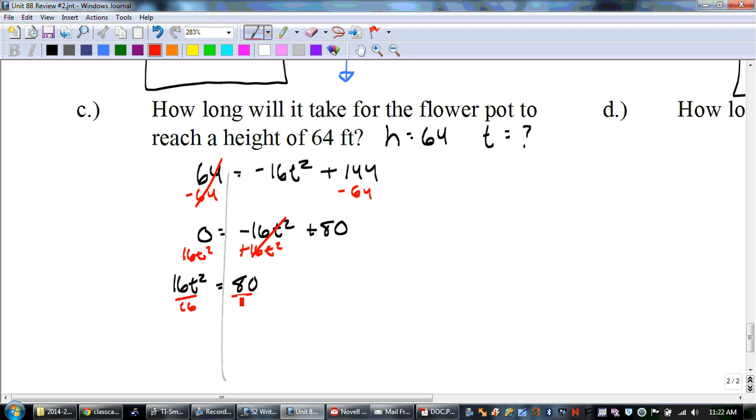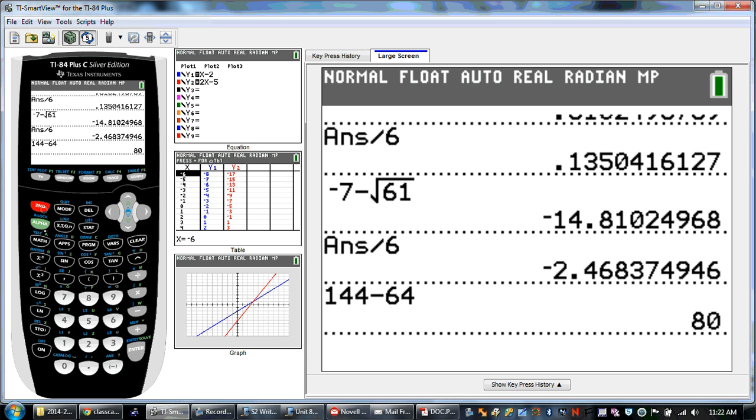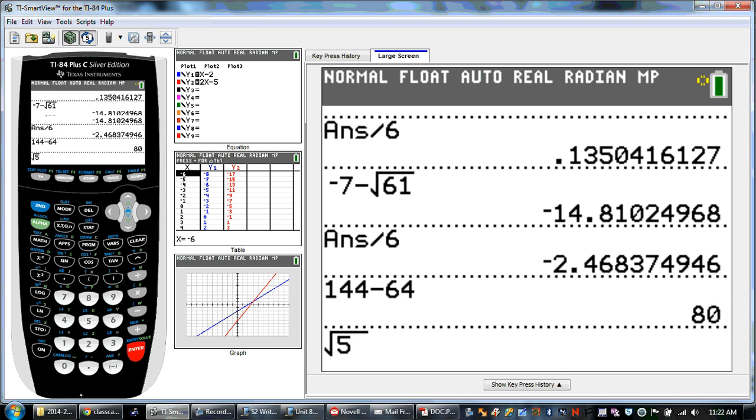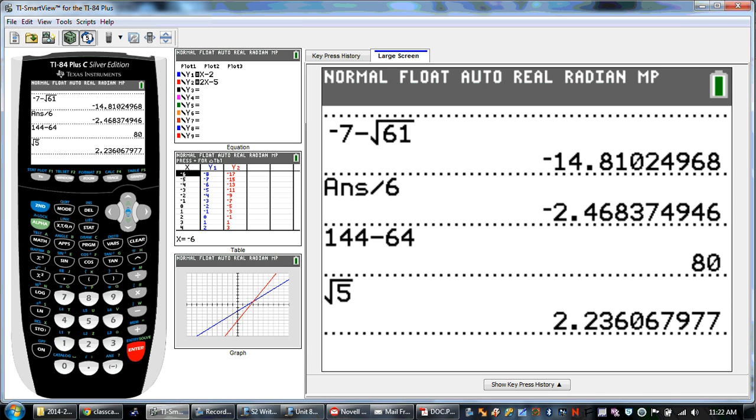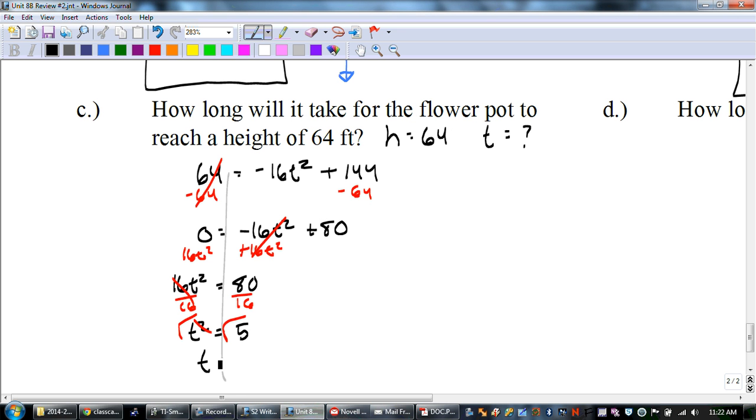To get the t by itself, I have to divide both sides. 80 divided by 16 is 5. And then the last thing we have to do is take the square root. And the square root of 5 is 2.2. Yeah, make sure you round that. 2.24